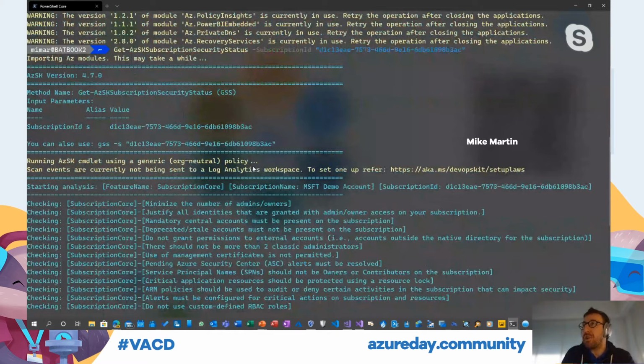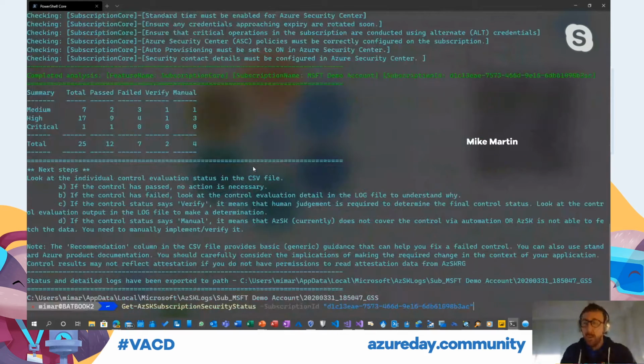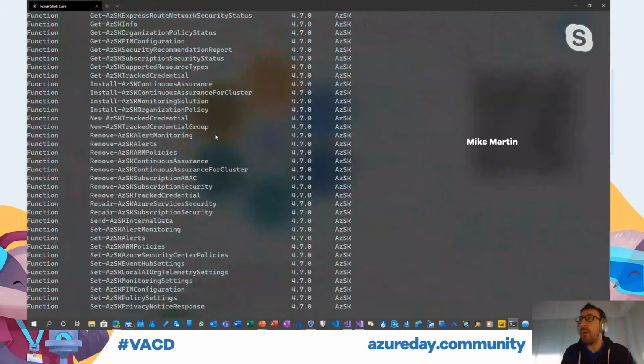It comes with a PowerShell module called AZSK. Makes sense. You can just download it by doing Install-Module AZSK with -AllowClobber, -Force, and -Scope AllUsers. And what it does is give you a full set of commands, and I have it here somewhere, a full set of commands that will actually allow you to either